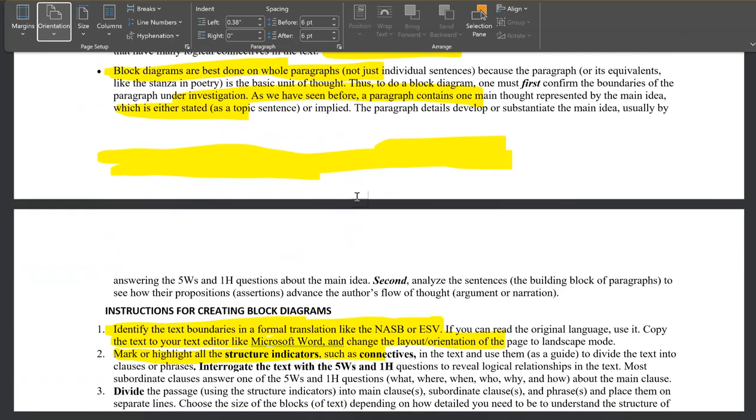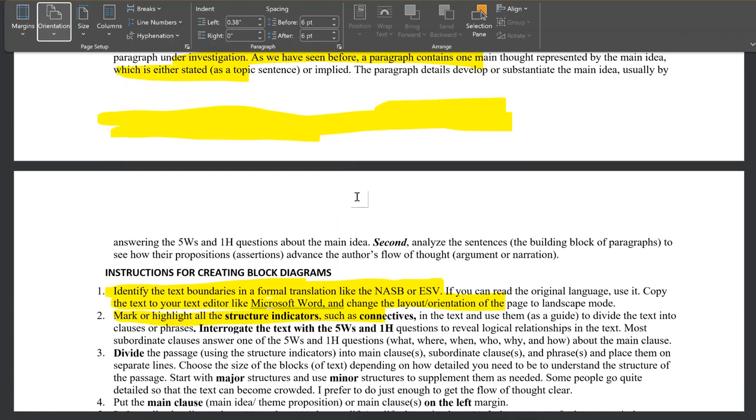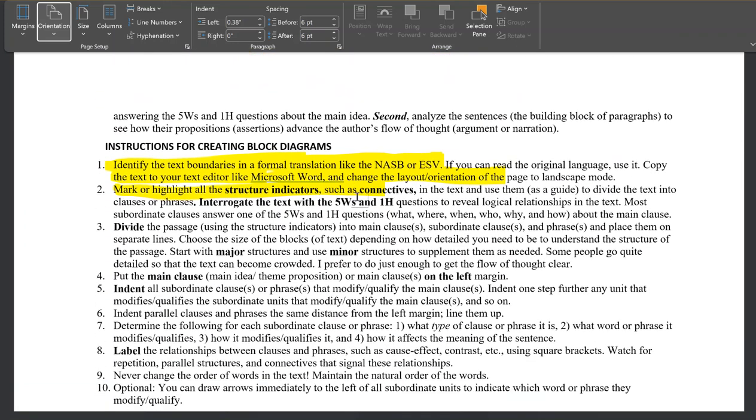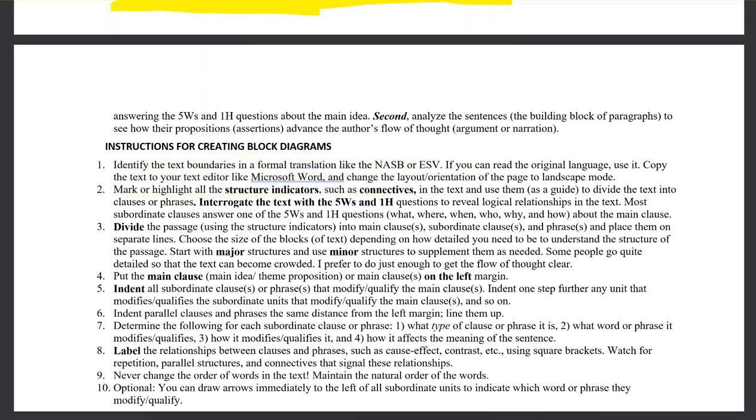Now, it did move some things around for me as I was doing this. When you change the orientation of the text, it moves some highlighting around, but I think we're still good here. Then the second line we were at, so we already talked about this one, is to change that to landscape.